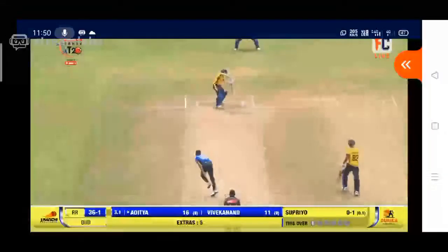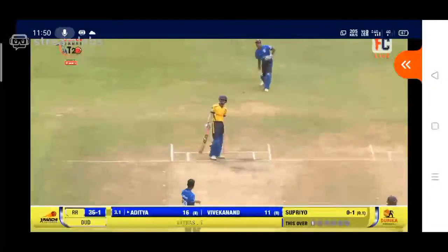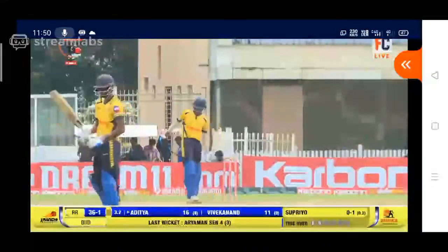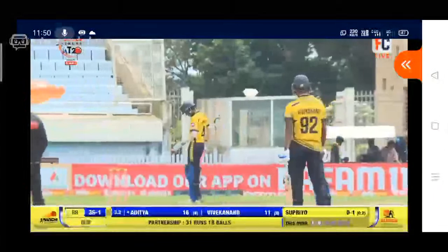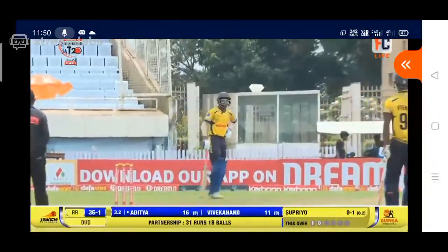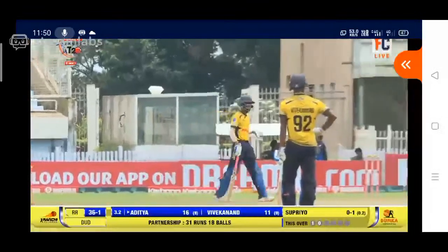And we have a new bowler, Supriyo Chakrabarti from the Dumka Daredevils. He's a good bowler. He's done a fair job for his team so far, taken a couple of wickets, and getting the breakthrough for the team is very, very important at this stage. So just one wicket for Dumka right now. They would definitely go on to dismiss Aditya or Vivekanand, because both of them are looking really good in the middle there.